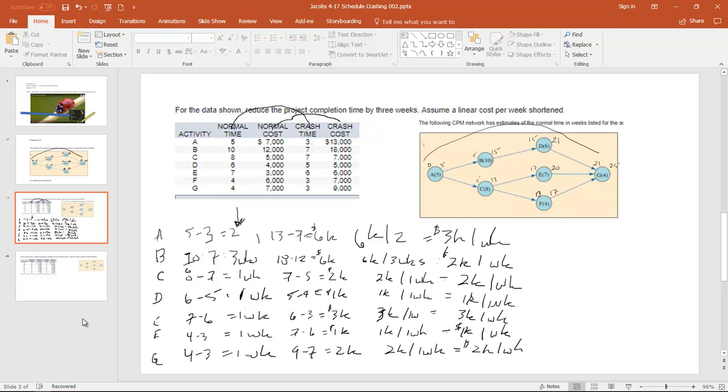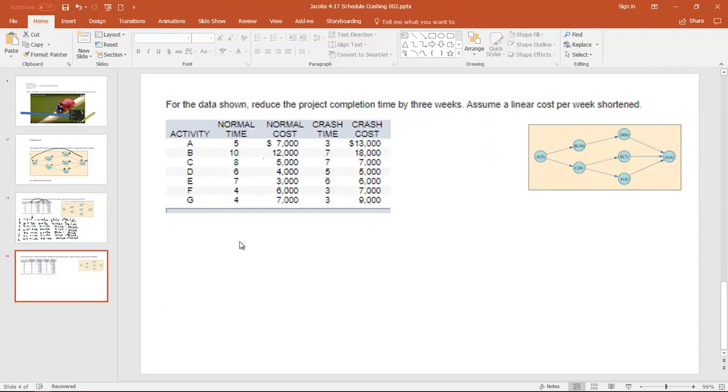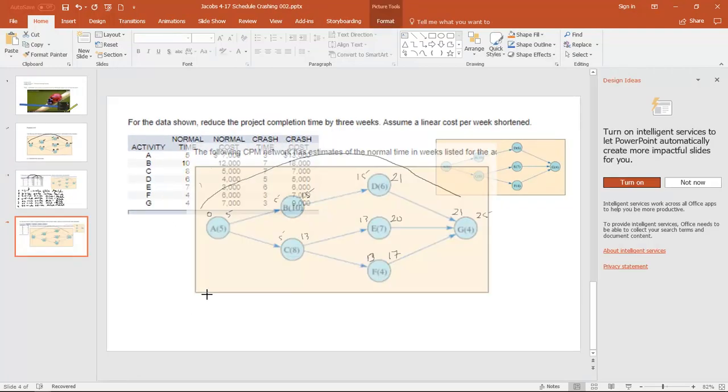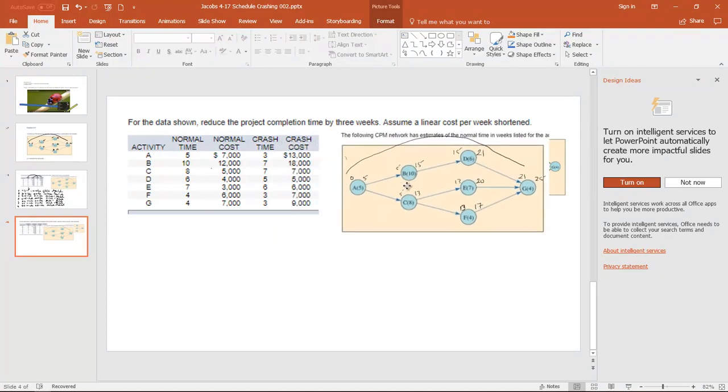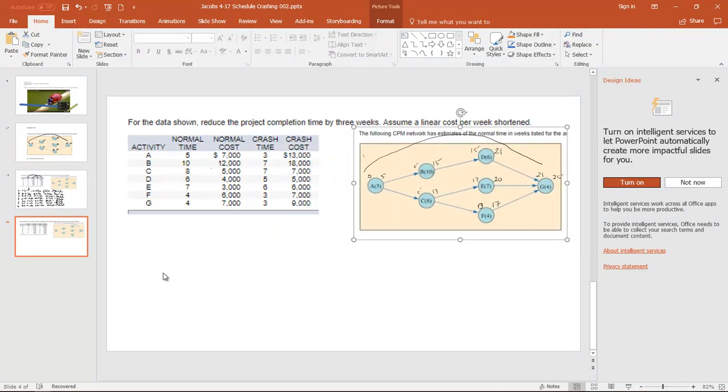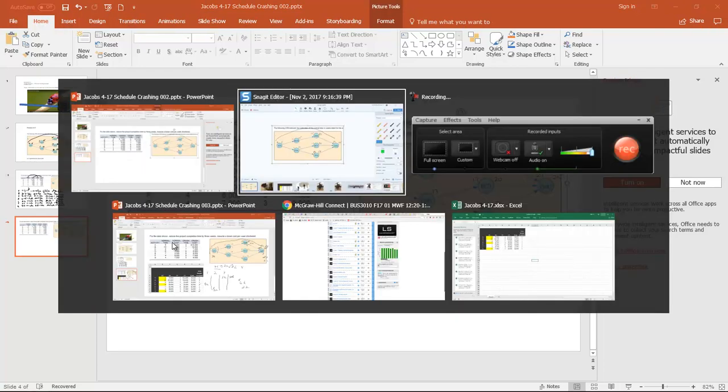Okay, so let's continue with the analysis over here. Let's come down here. And what we need to do is use that diagram. I want to just reproduce that in here really quickly. Okay. And the other thing I'm going to do is clean up our table there. From handwriting, I'm going to